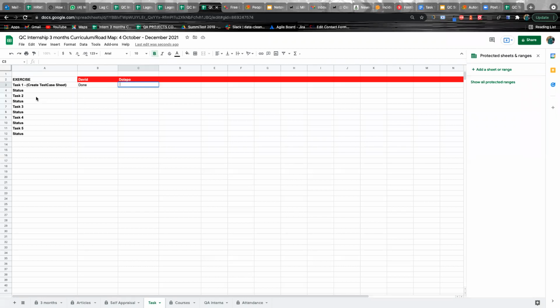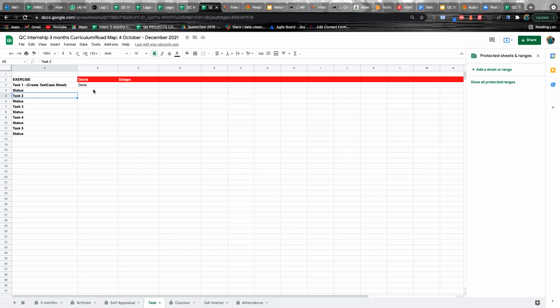Then task number 2, which is finding defects and giving suggestions on some screenshot pages online. I will give a recap on the assignment again, explain how we will go about it, and give a couple of examples on how to go with the task.